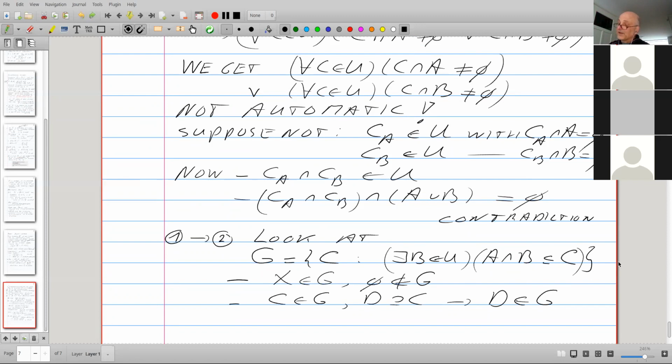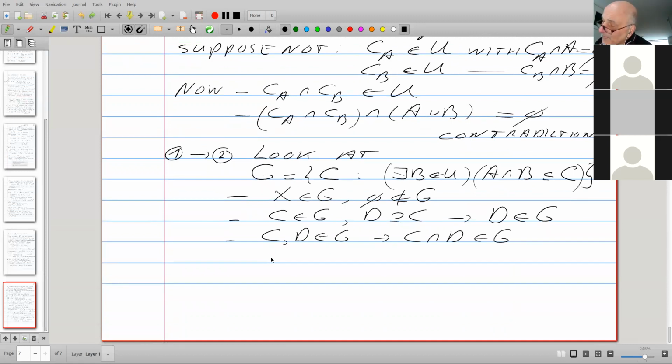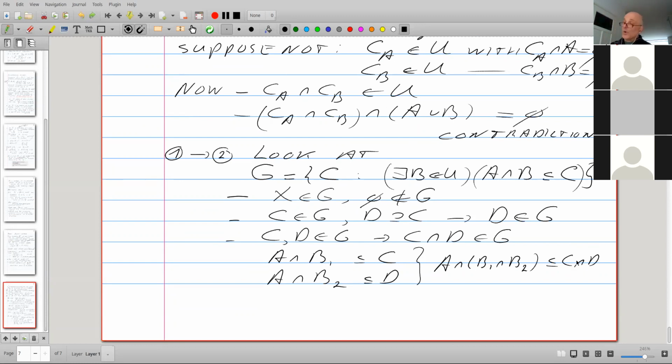This D is bigger than this C, so there. If C and D are in G, then there is a B1 such that this happens, and there is a B2 such that this happens, and then A intersect B1 intersect B2 is a subset of the intersection of C and D. Oh, G is a filter.